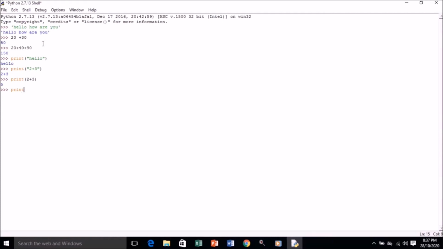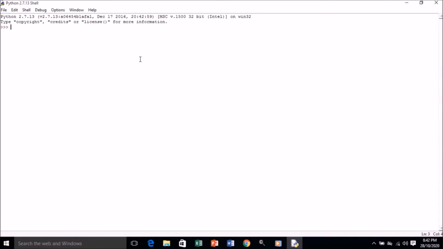Let's try it again once here. So I'm using here print and double quotations. I'll be writing here 5 plus 5, and then I'll use single quote, and after this I'm writing 5 plus 5. Okay, now let's see what comes as the output here. So I hope you have got the answer. This is the output, my children.